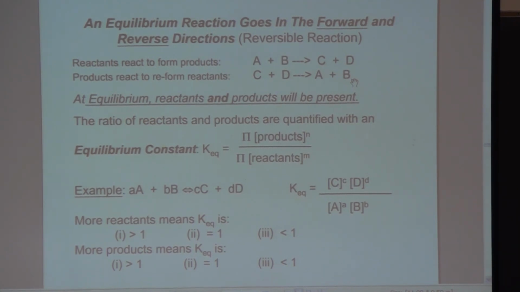Now, since this is a chemistry class, in most sciences we want to quantify these observations. We can quantify how much reactants and products are present by looking at an equilibrium constant. So this equilibrium constant is given this symbol capital K. So note that lowercase k is rate constant, capital K is equilibrium constant. So that's equal to the product of the concentrations of products divided by the product of the concentration